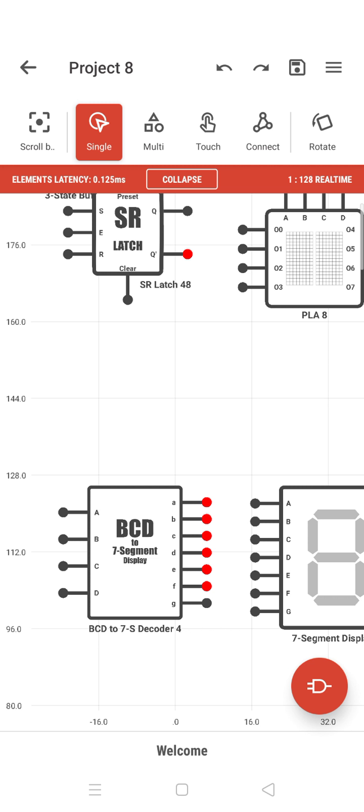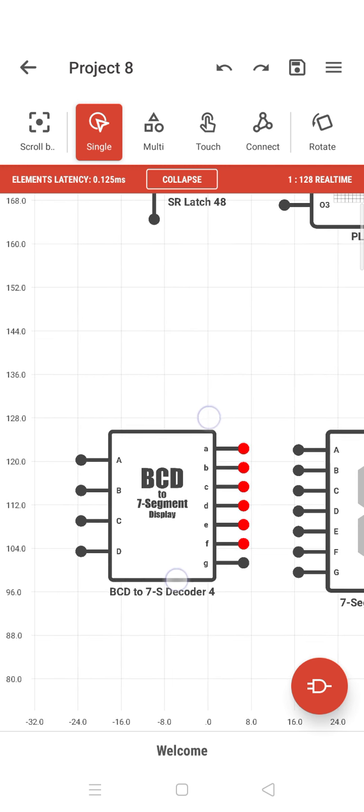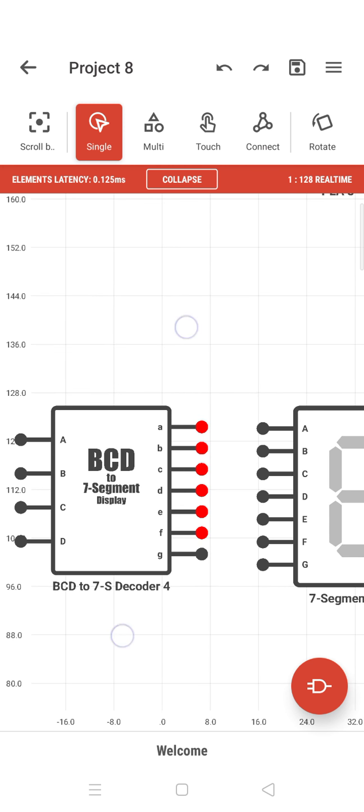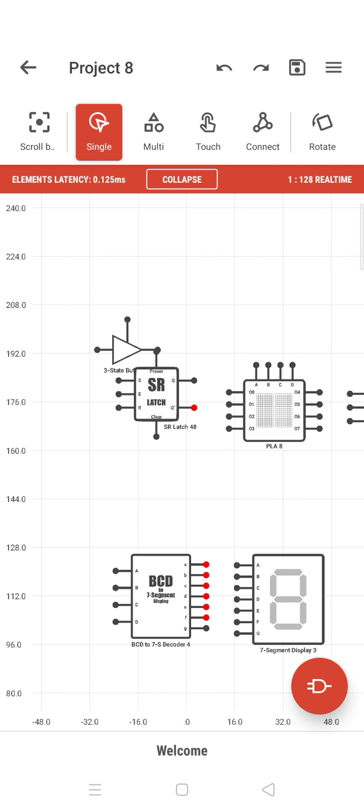Now if we give 1 on the third one, and zeros everywhere else, then this is the first place, this is the second place, that is 2, this is the 4, so it should show 4. So the first 4 connections will be on. That is how the BCD decimal works. You are converting a binary coded decimal like 0110 into a decimal digit. So this is called a decimal converter. It's a 7-segment converter, so you give binary input and get a decimal output.